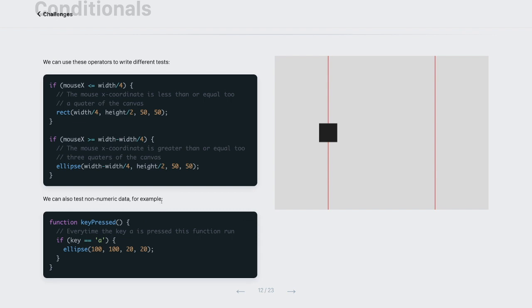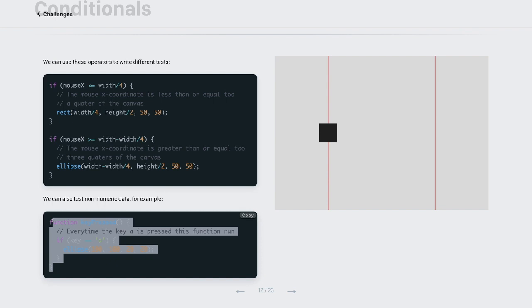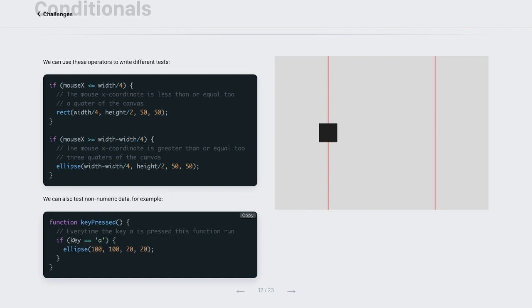This is stuff that we'll cover in a couple of weeks, as in what does it mean to have the function key pressed, and why is that super special, and it triggers something when keys are pressed. But if you put this into your code, just copy paste it in for now. I'll tell you what it does: this code gets run by P5 anytime a key is pressed on the keyboard. And what this is doing is saying if key, which is one of those special variables behind the scenes, the currently pressed key, or rather the last pressed key, is equal to, and again, that's that equivalence, A,